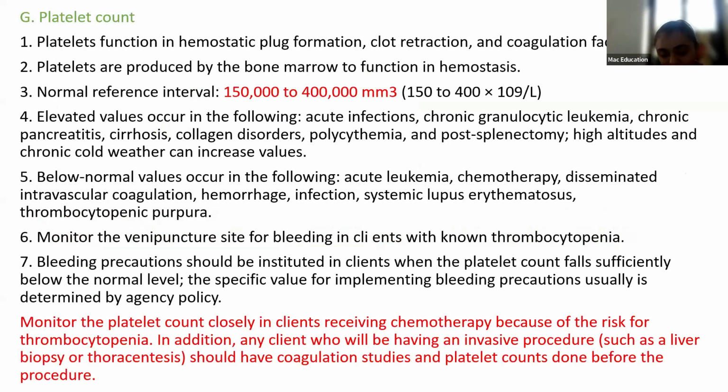Okay. Next, we have completed platelet count. What is the normal range of platelets? 1,50,000 to 4,50,000. Yes, 1,50,000 to 4 lakh or 4,50,000. In which conditions the platelet count becomes elevated, that we have seen. In which conditions the platelet count becomes low, that we have seen. The great important point that you have to remember is